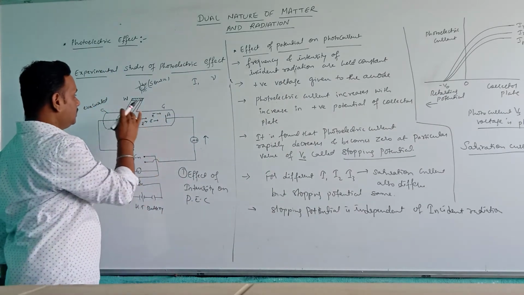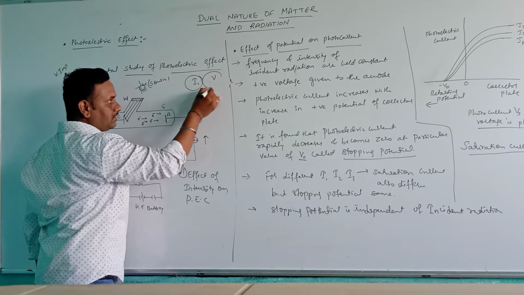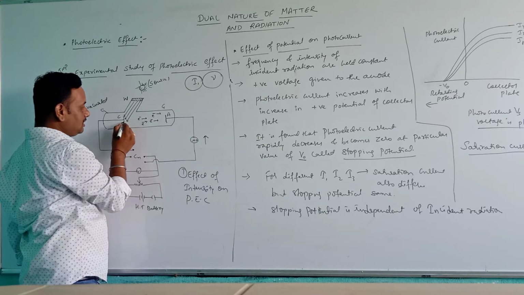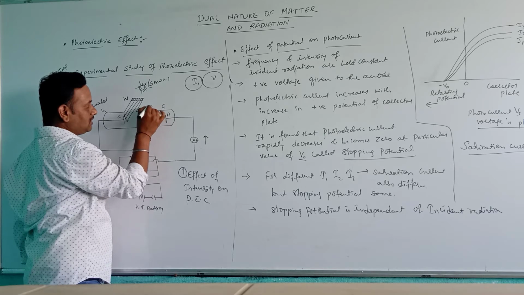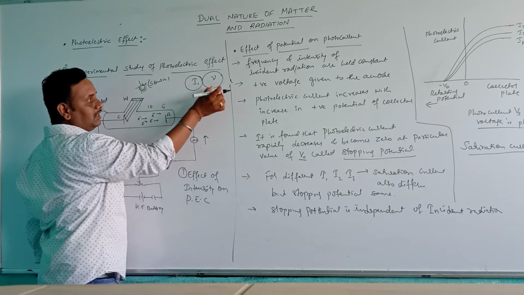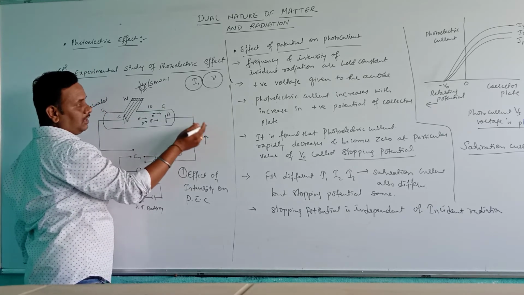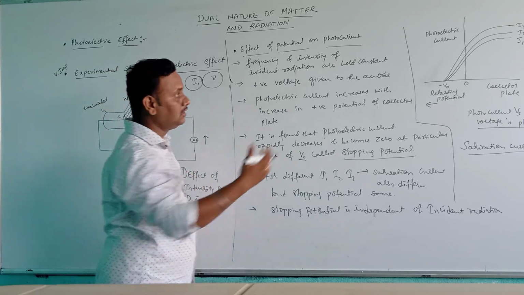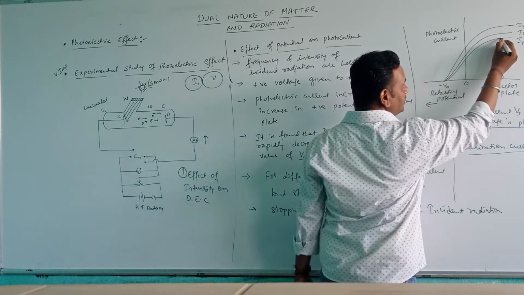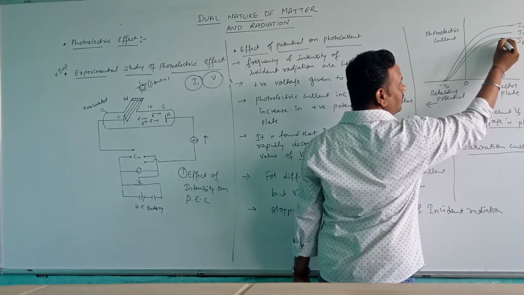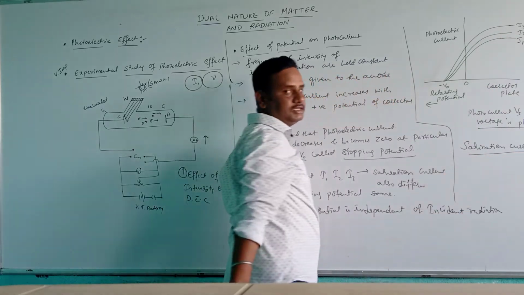Because here we can see that when we maintained a constant intensity and a constant frequency, only a fixed number of electrons are emitted. Say for example 10 electrons are being emitted at this particular intensity and frequency. All these 10 electrons get collected here, so the photoelectric current that had to increase has increased. Beyond that it will not increase more; it will be constant again. So the photoelectric current remains constant. That is called the saturation current.